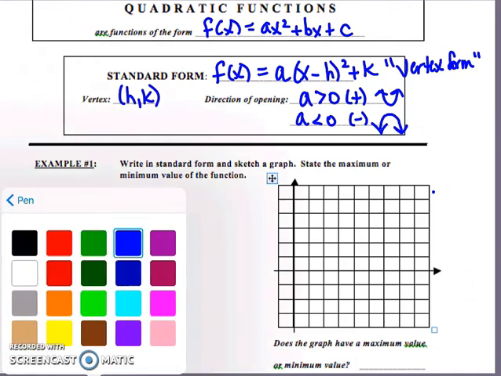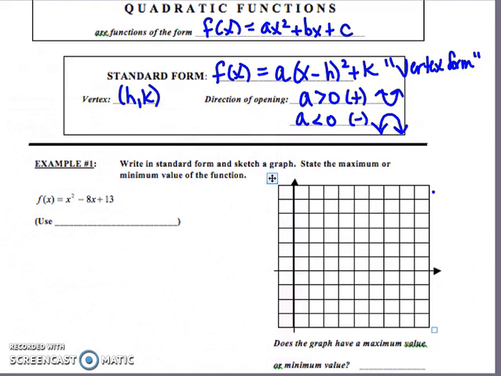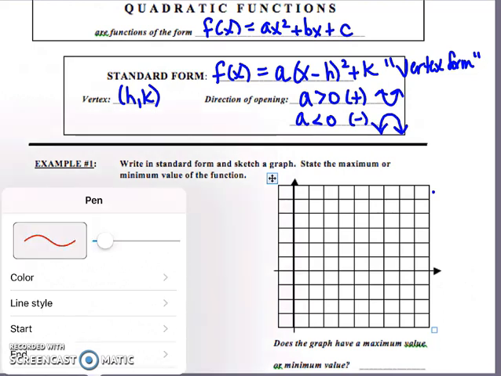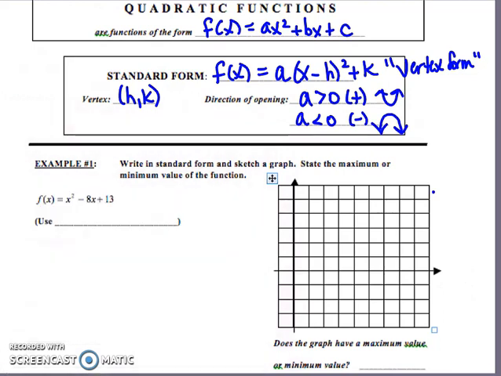So for our first example today, we have an equation, and it says to write this equation in standard form, which again means that we want to write it in vertex form. And then we want to sketch a graph of it. And after we make our graph and do our work here, we want to state the maximum or the minimum value of the function. So if we've got f of x equals x squared minus 8x plus 13, our job